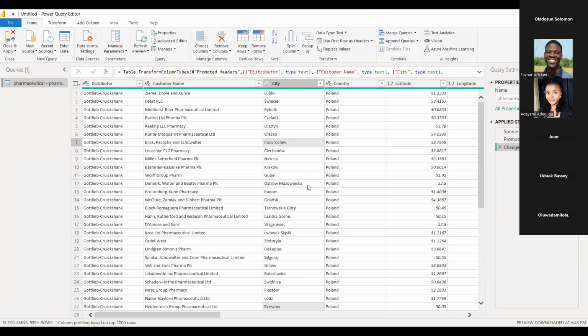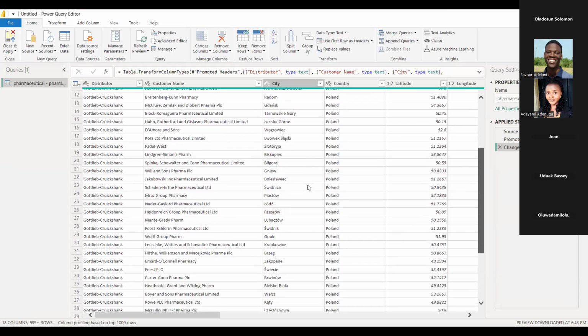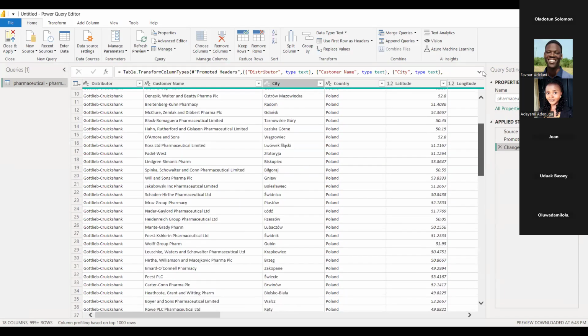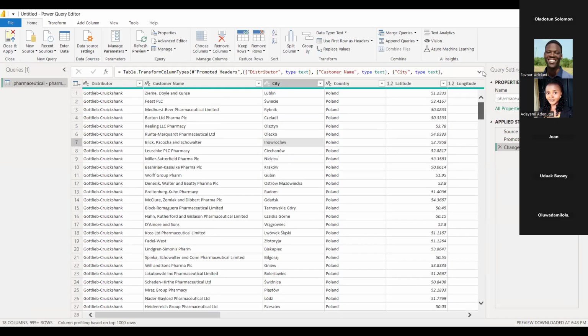Okay. Now, because we are already familiar with Power Query from Excel, can somebody tell me, do you see anything that you did not already see in Microsoft Excel when you explored Power Query there? Let me try to get somebody.